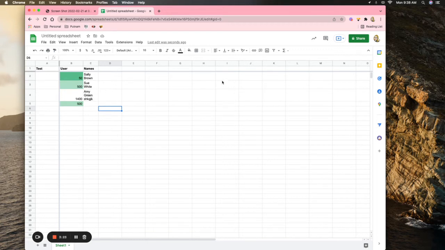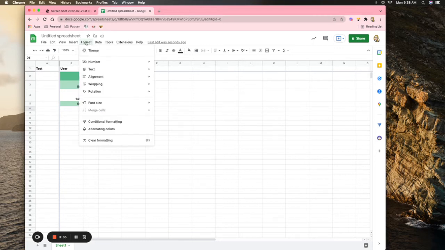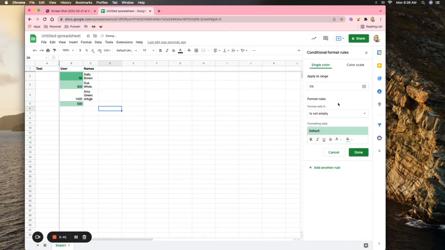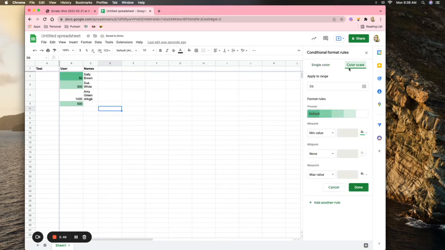The third tip has to do with looking at what is called conditional formatting. And if you notice here, I've got my different colors. And so if I go up here and go back to format and go to my conditional format, out here on the right-hand side, it's going to pop up. And I'm going to go to color scale. And notice now I have these colors set, and what I've done is I had put in here like my minimum value. I had picked a number and I selected